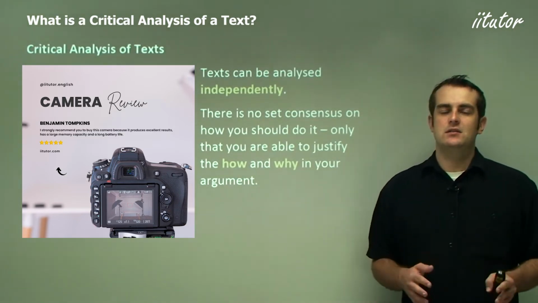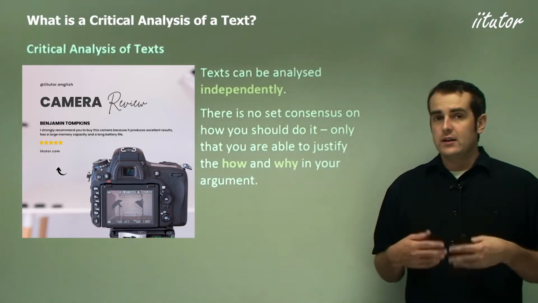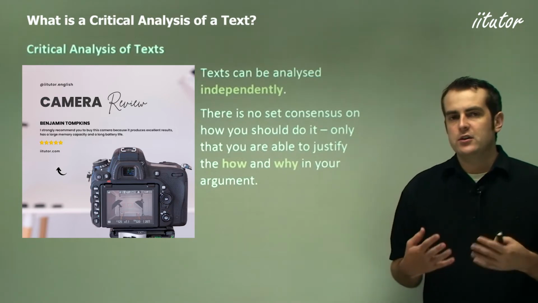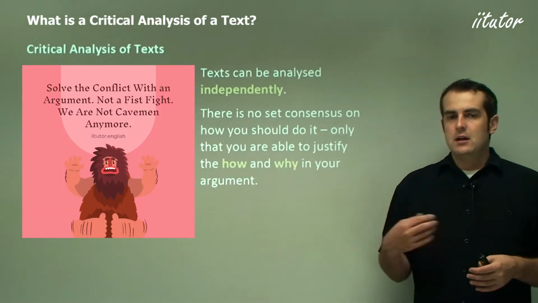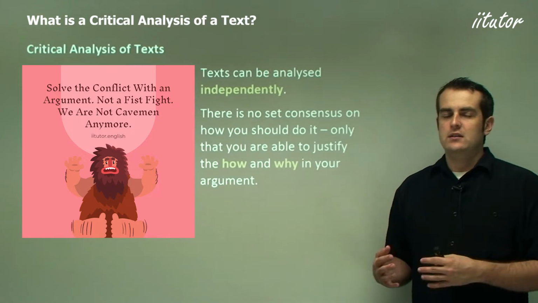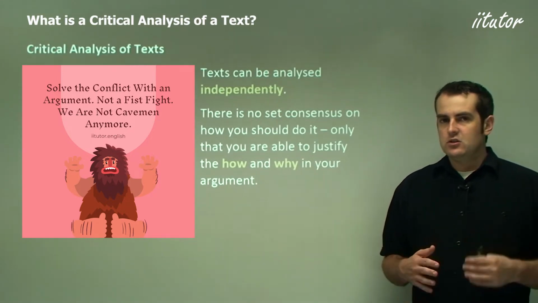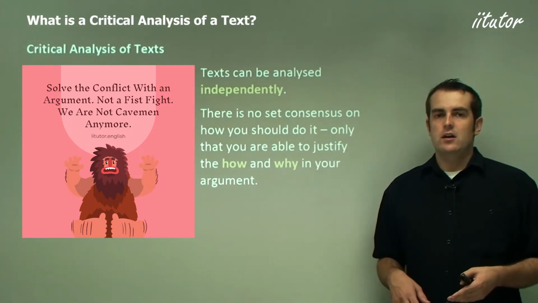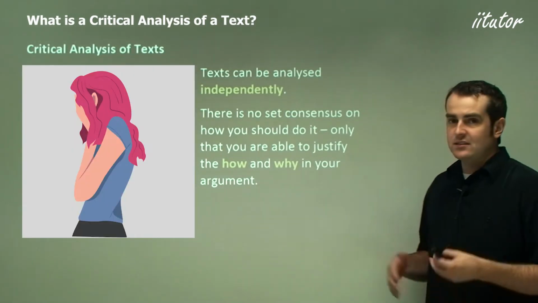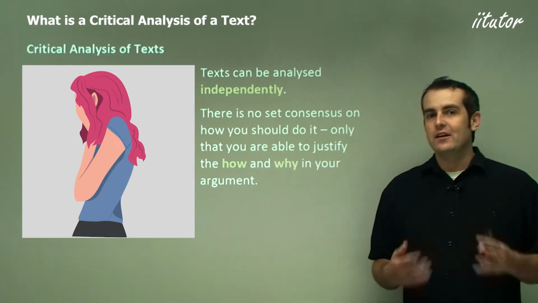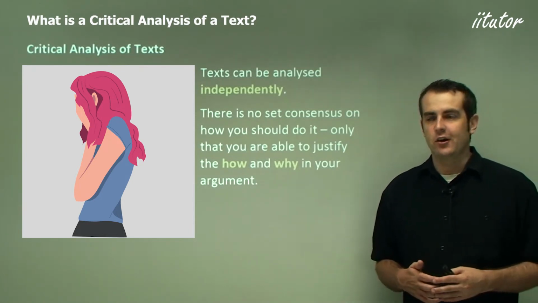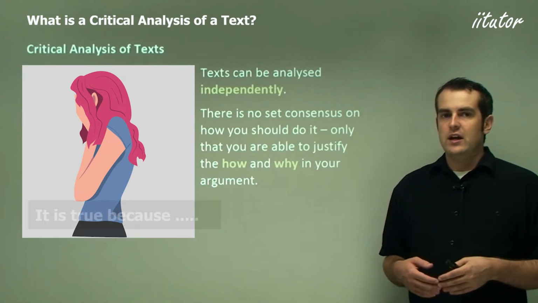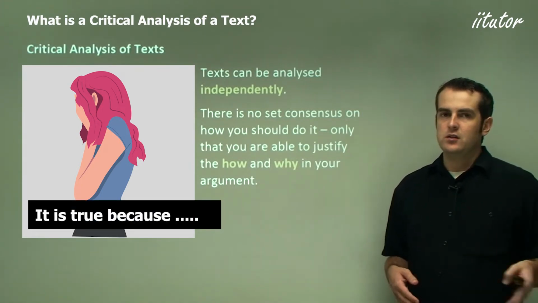I know it doesn't really make sense, but when you're writing an essay or any sort of response requiring critical thinking, you need to do more than provide your opinion. You need to be able to back it up. Being able to back up something with facts is more objective than subjective. Even though it is your opinion, you're still writing about it in an objective way, which I know is different from the idea of opinion as such. It's one of those paradoxes that makes English a very interesting subject and confusing at times. You're not just saying, I think this is true because. You're saying it is true because. You're using your opinion, just not calling it that.